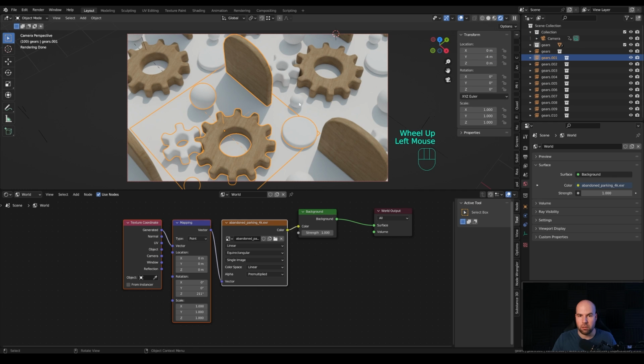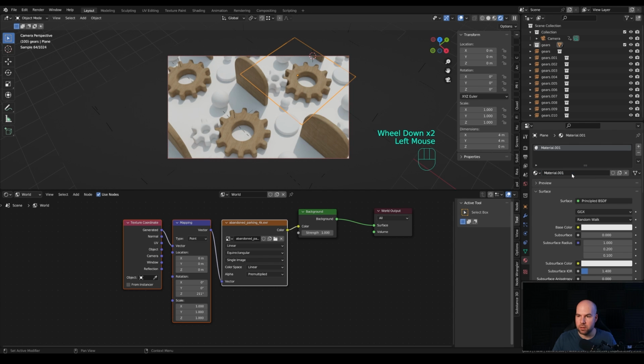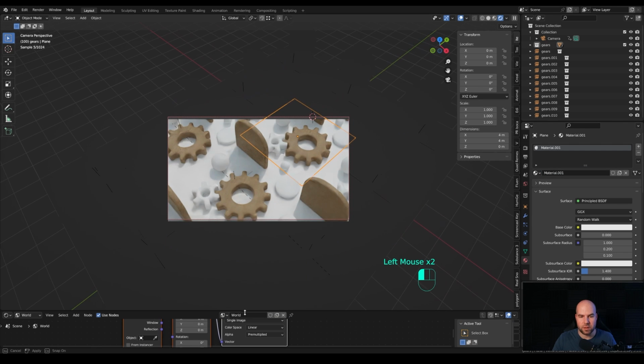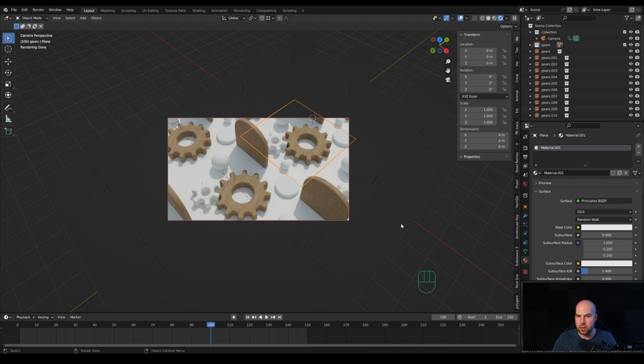So I will select the background, and make sure you are not selecting one of the instances, so you need to find the correct object. And now let's create a new material, and we can collapse this and switch it back to the timeline. We won't be needing the shader editor anymore, so let's just locate the timeline and switch it back.